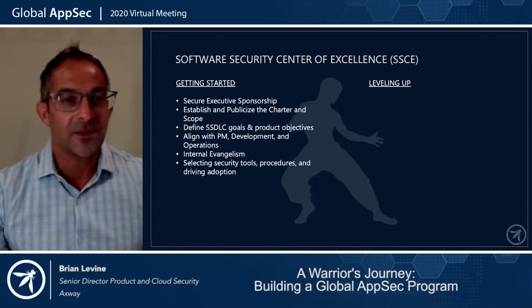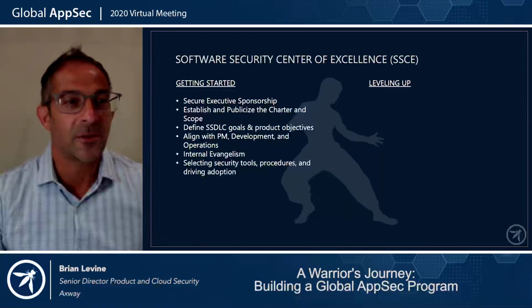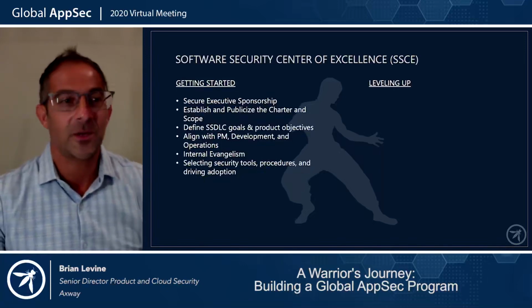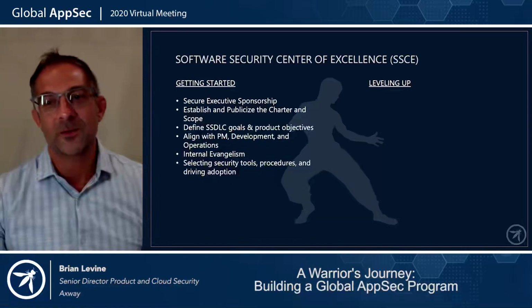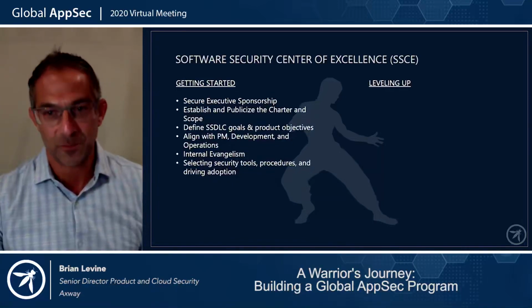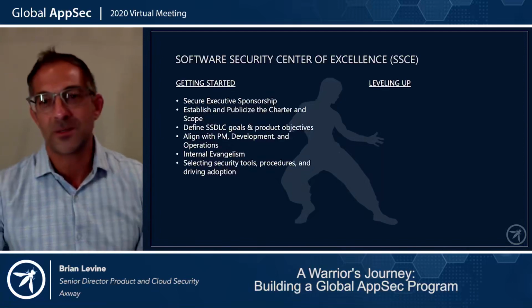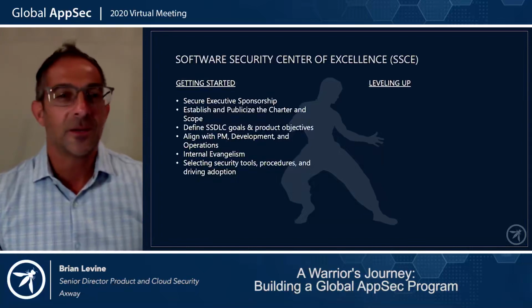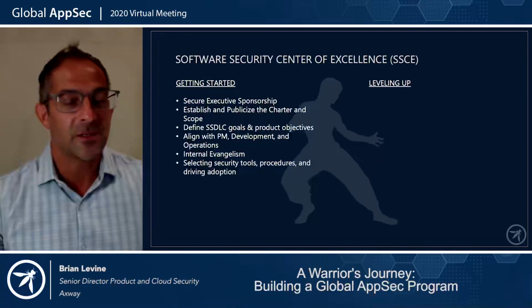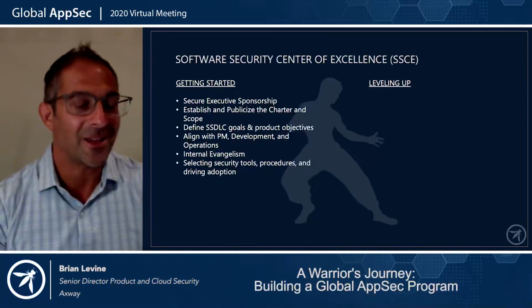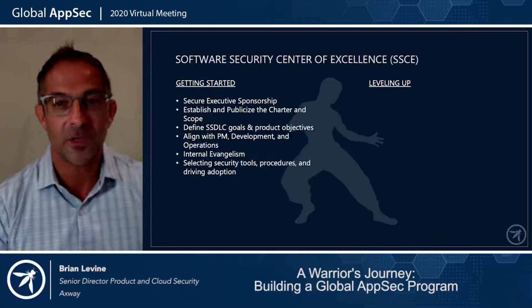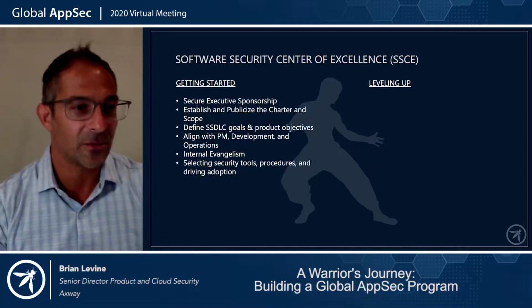So just some advice and notes on building your Software Security Center of Excellence. Number one, getting started. Securing executive sponsorship is critical. You have to get executive buy-in and executive skin in the game. Believe me, you will need this when it comes time to prioritize security alongside feature development, product roadmap, and other stakeholders and other challenges to the business. Everyone's got a say in what the development team should work on next. So getting visibility and sponsorship for security from the top down is critical for your success.